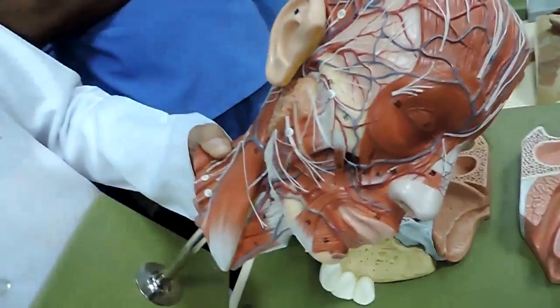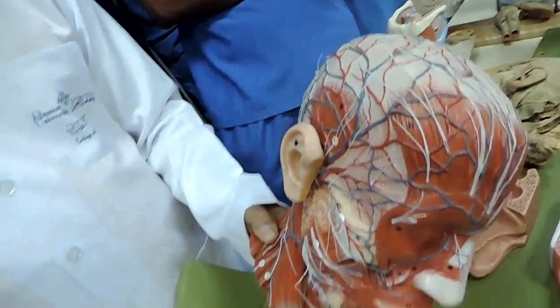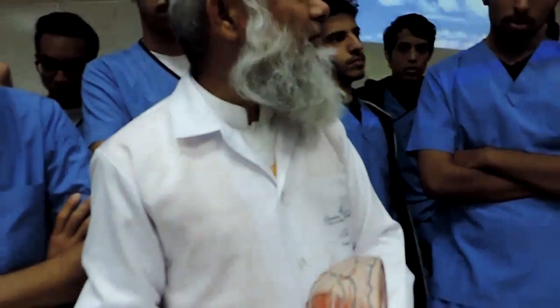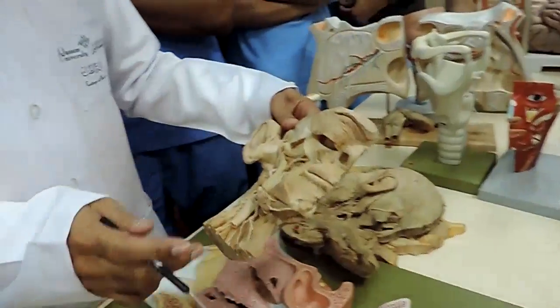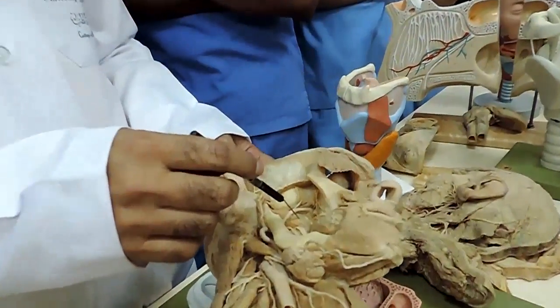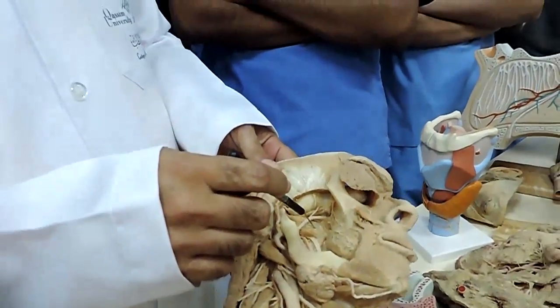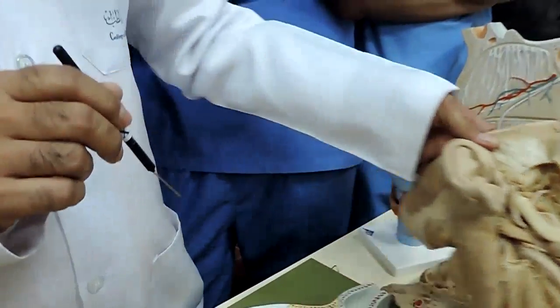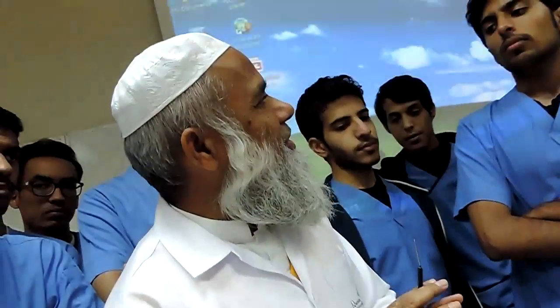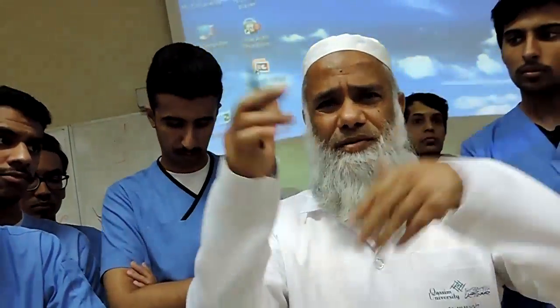The temporalis tendon passes through the gap deep to the zygomatic arch, and it is inserted on the anterior border and coronoid process of the ramus of the mandible. And this is the lateral pterygoid, which is inserted on the neck of the condyloid process of the ramus of the mandible, and the medial pterygoid is inserted on the inner surface of the angle of the mandible. So these are the muscles of mastication. They are supplied by the mandibular division of the trigeminal nerve. You know the action, they act on the temporomandibular joint.